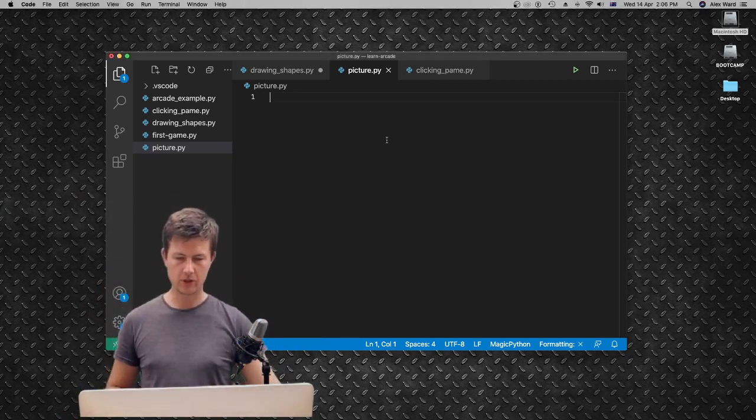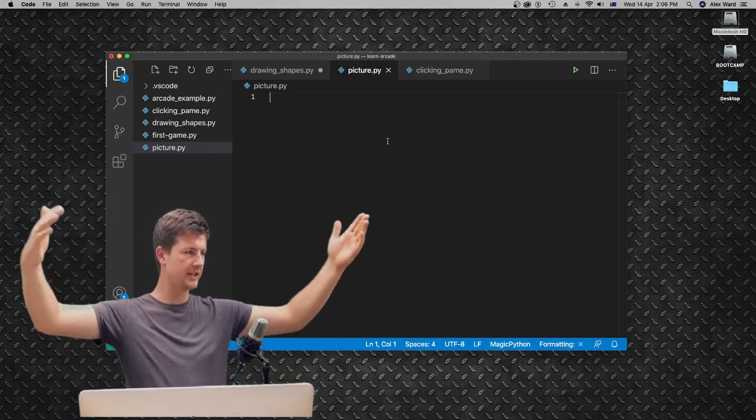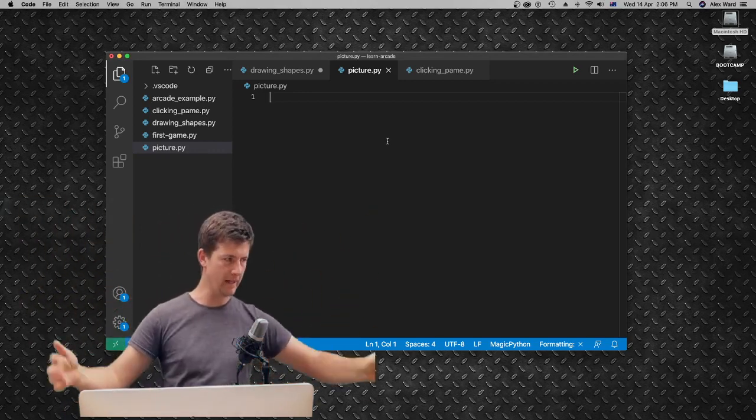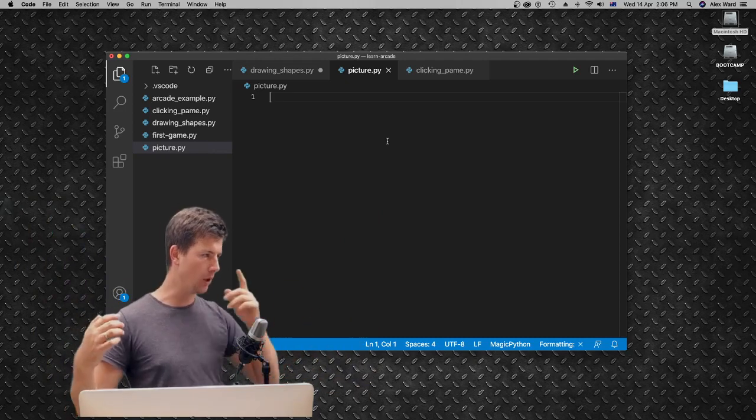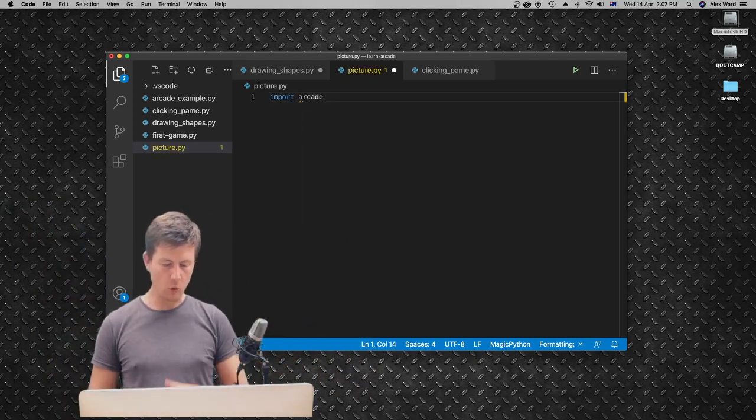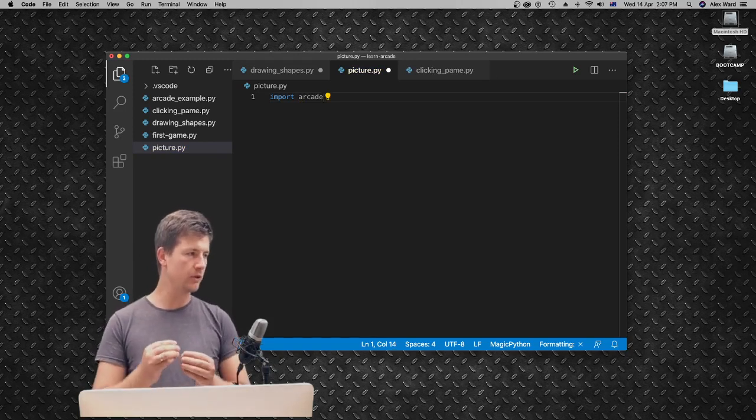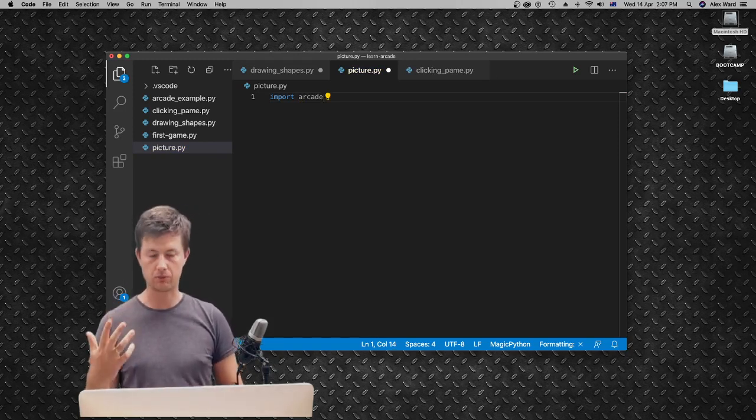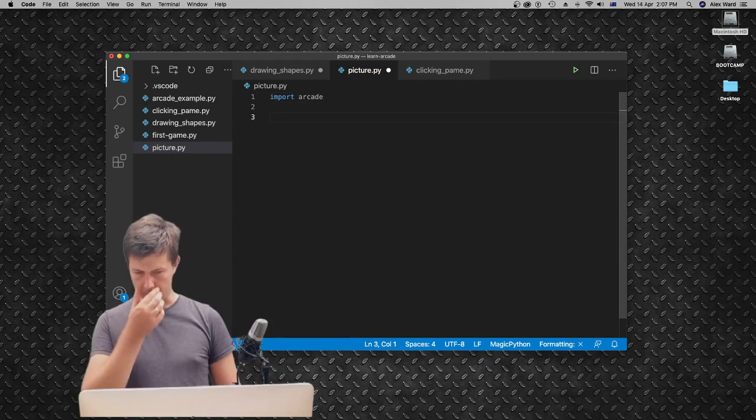So we're going to start from scratch again and let's burn through really quickly the basic, what we call the boilerplate code. Let's import Arcade. The more you do it, the more you get used to what each of these parts are doing. So it's really good to do it a couple of times. Import arcade,